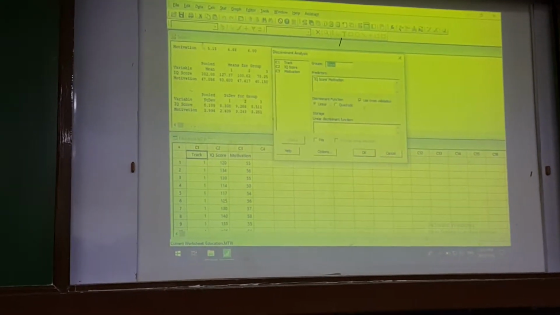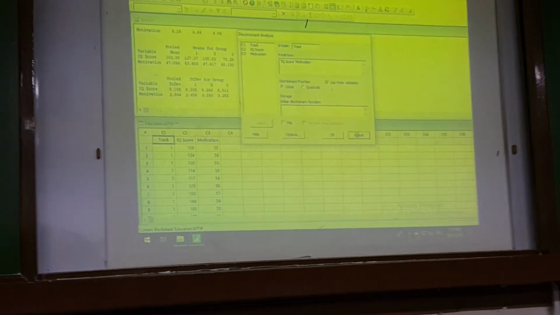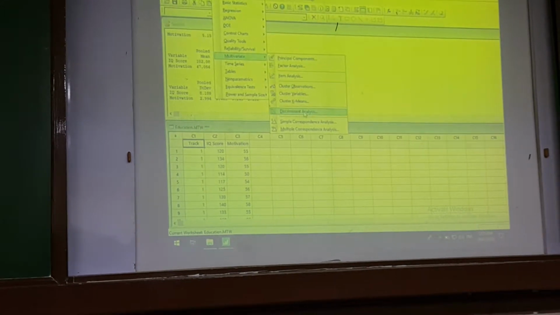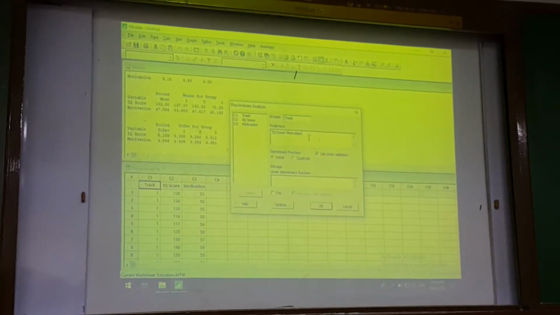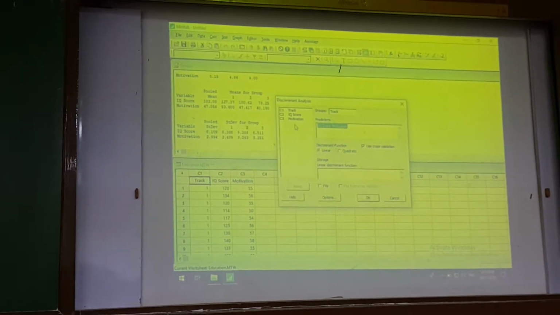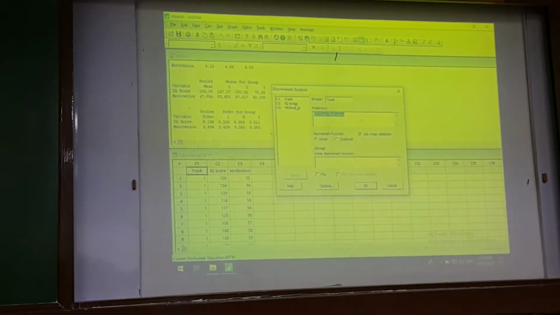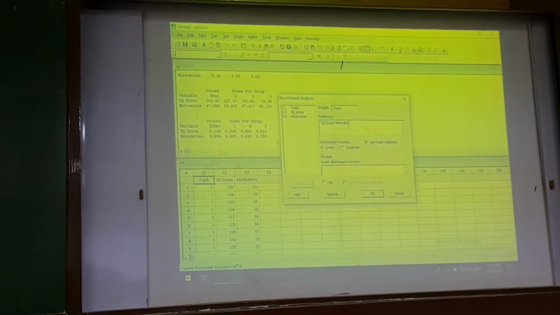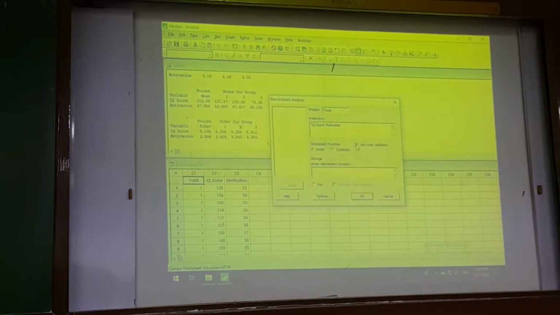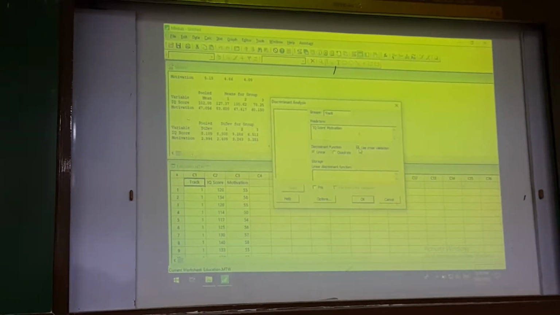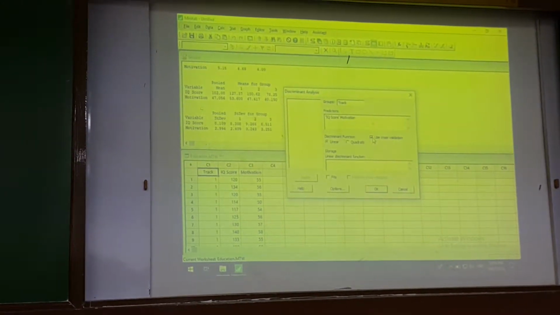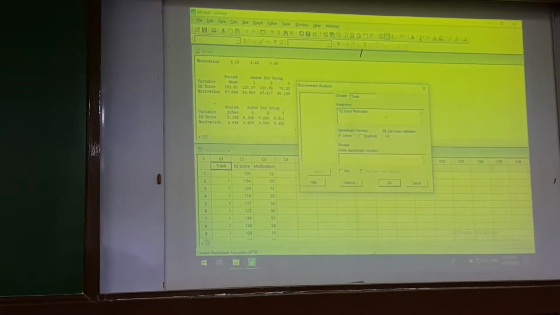For the discriminant analysis, go to stat, multivariate, and discriminant analysis. So for the predictors, just select the continuous values. For this, IQ score and motivation. Then in the discriminant function, the meaning of cross-validation is that it will test the product of IQ score and motivation. So you have three terms being tested: IQ score, motivation, and IQ score times motivation.